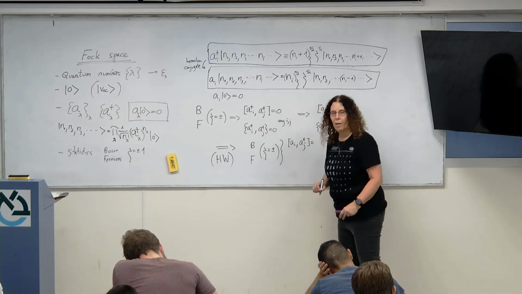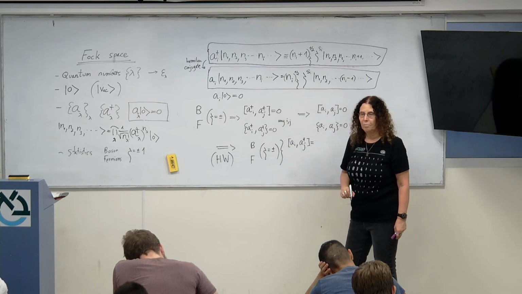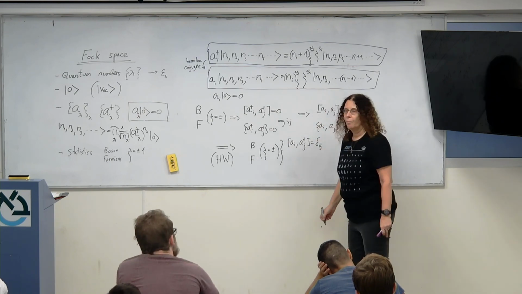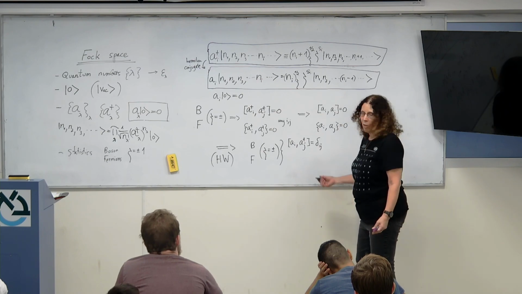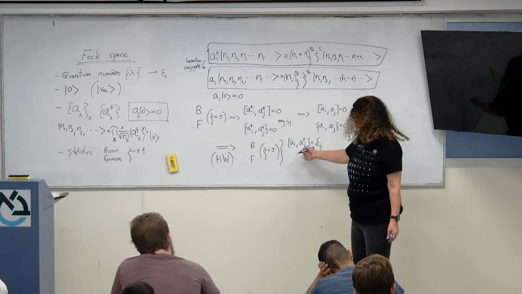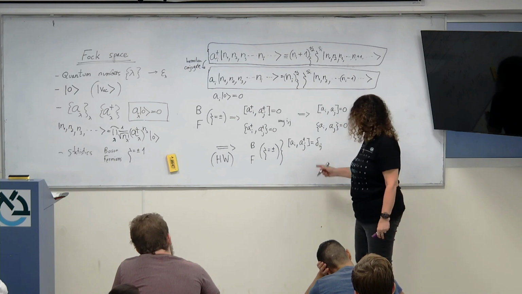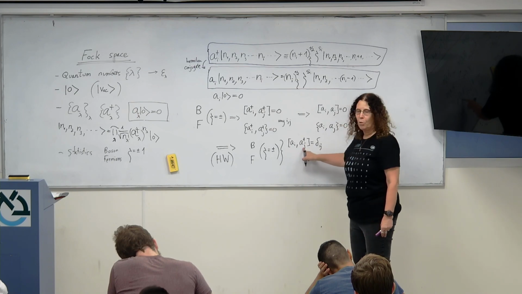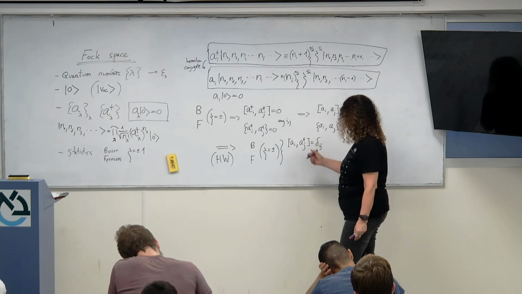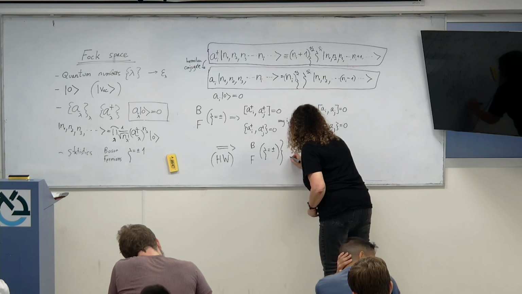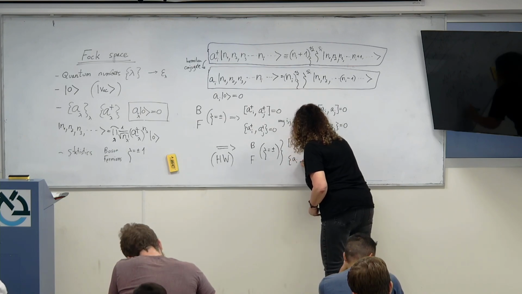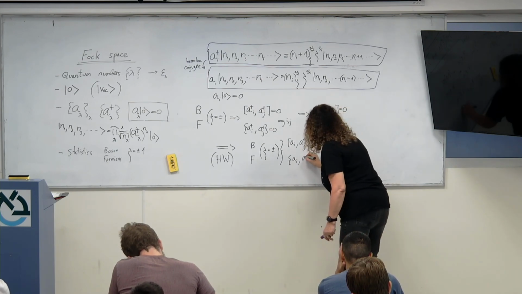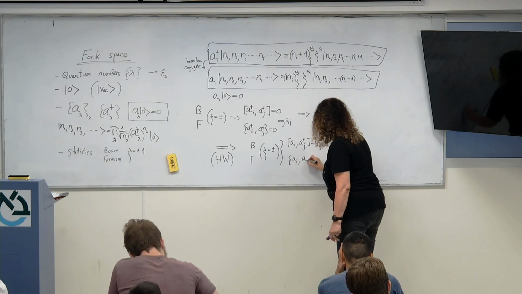is not going to be 0 in general. It's going to be a delta of i and j. And for bosons we already saw it. This is just the usual phonon or photon operators, except we have a delta. So if i is different from j, they are commuting with each other. But we see that for the same price, we get the same thing for fermions, just using this factor of zeta everywhere correctly.